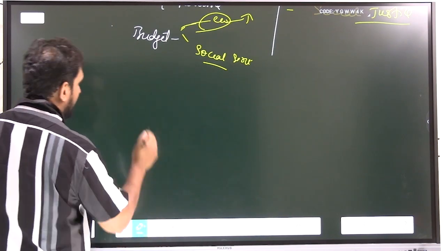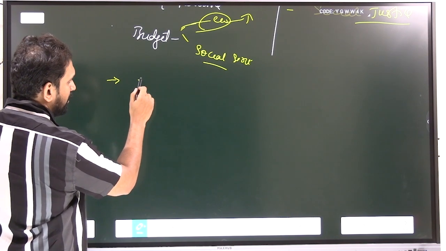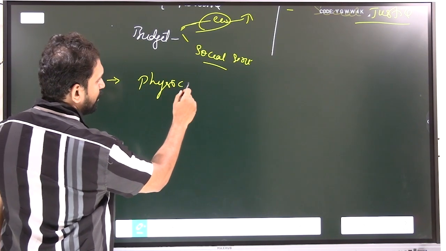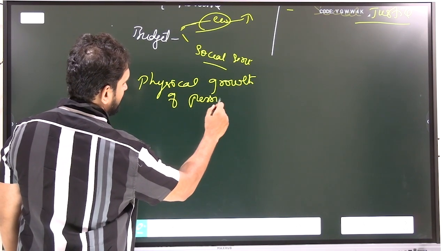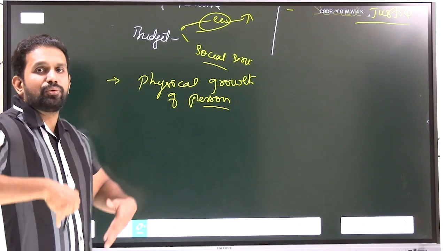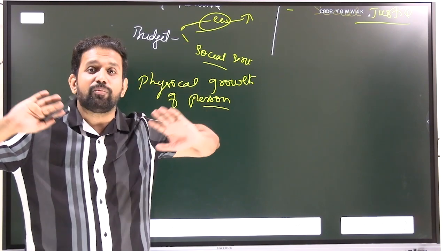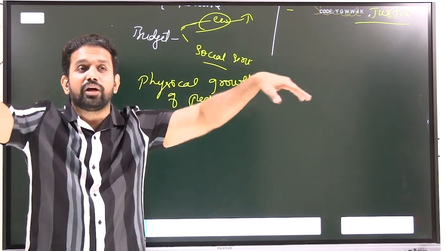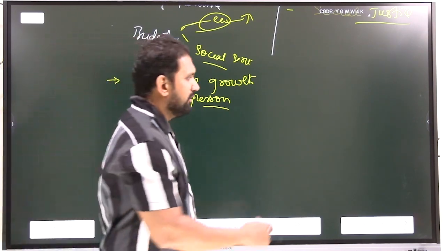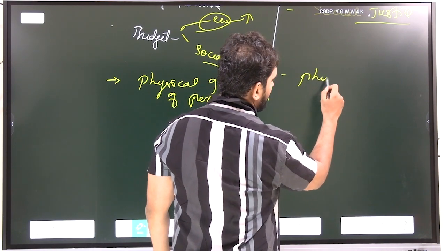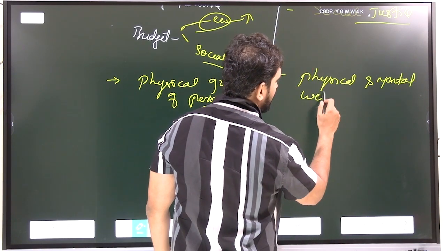Economic growth is generally considered as the physical growth of a person. Just as an illustration, like I am growing to 5 feet 10 inches. Physical growth of a person is just like economic growth: physically, this many goods and services we have produced, so this is our national income, this is our GDP. So economic growth is a physical growth, whereas economic development is both the physical and mental well-being of a person.